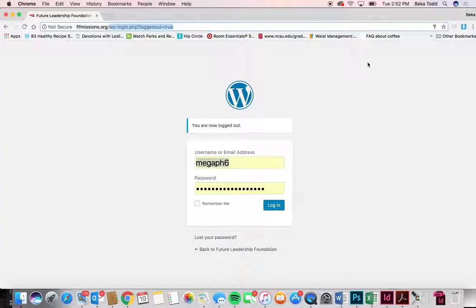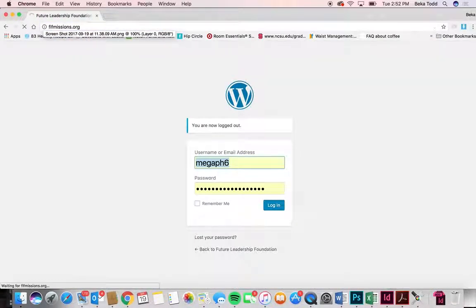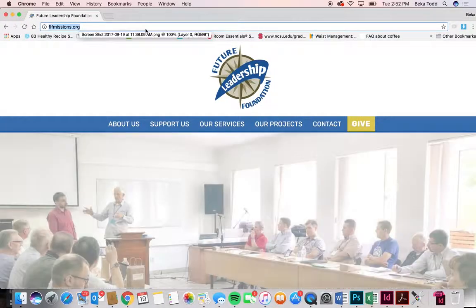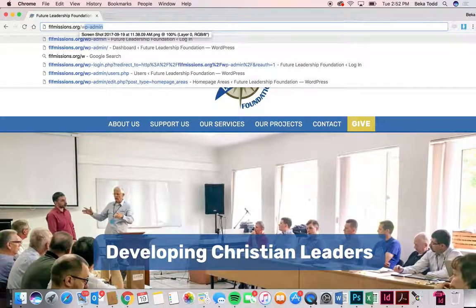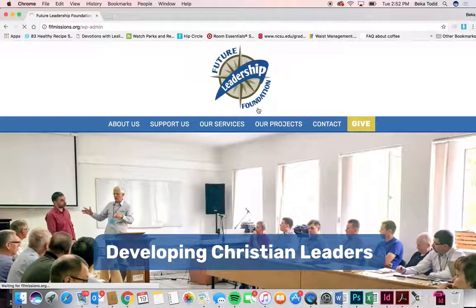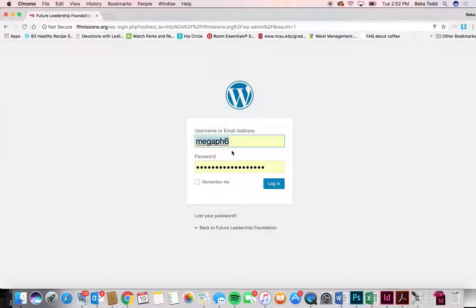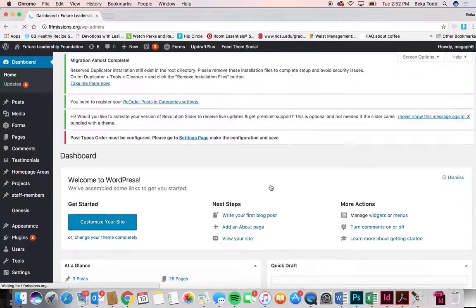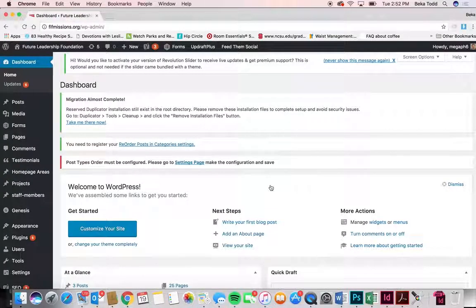So you'll go to your URL, and then you'll go to /wp-admin at the end. And that's where you'll put in the username and password that we've given you, and you'll log in. And so I think you've already kind of done a few things on the back end here,